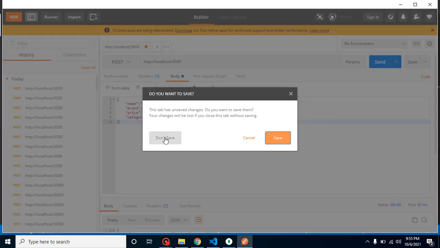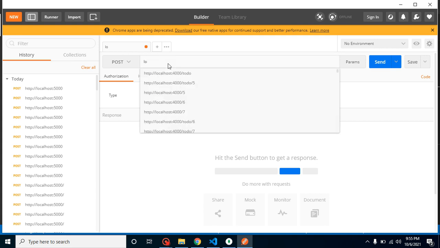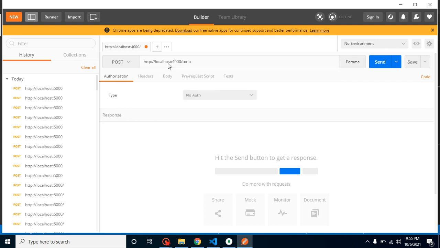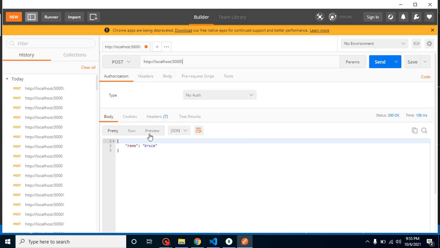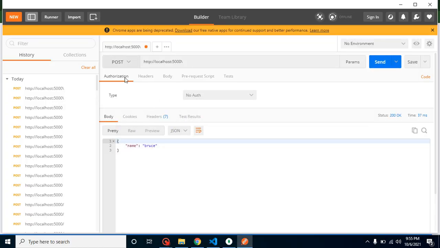Okay, I'm just going to delete this code because we will do it from scratch. So first of all, let's select the POST method in Postman, then let's provide the URL, which is on port 5000, and whenever we run it here, you can see that we are getting a dummy response, which is working fine after sending data. So now the question is how we can send data from Postman to our